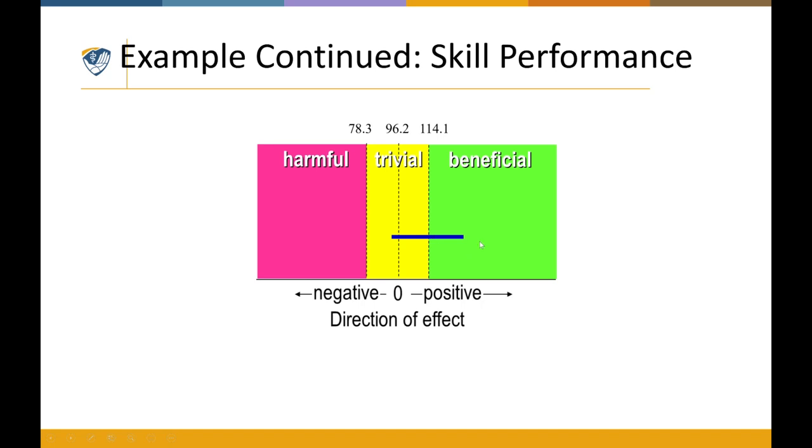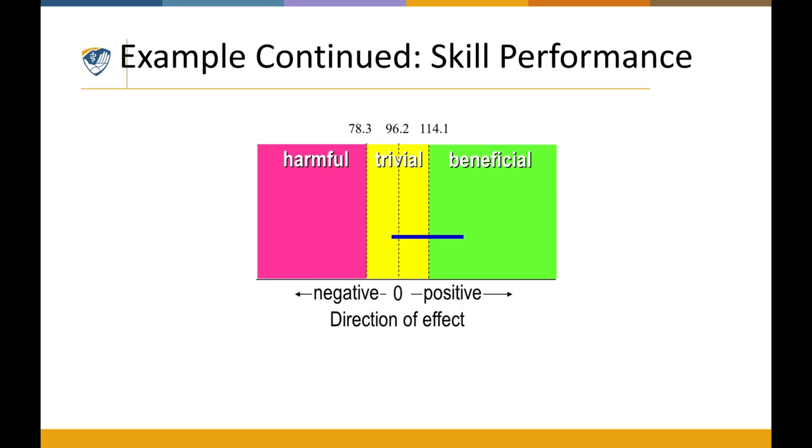So ideally, that's what we'd like to see. We'd like to see this blue bar be entirely in the green, indicating that there is no overlap between the confidence intervals. So there is definite clinical significance between these groups, which means the difference is large, the difference is consistent, and the difference will likely be present in the population,